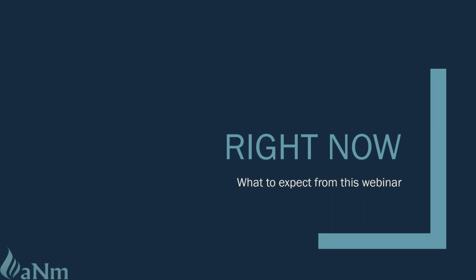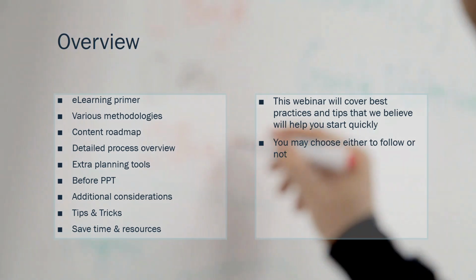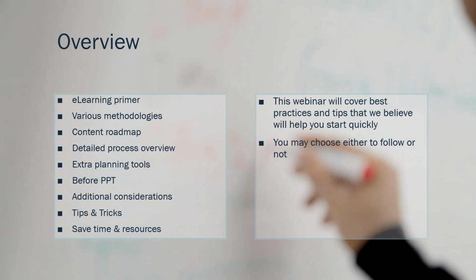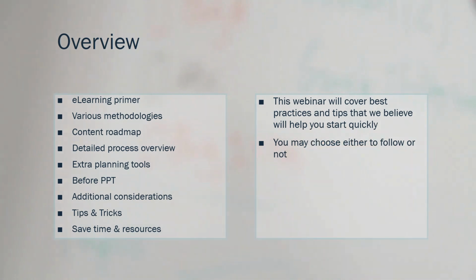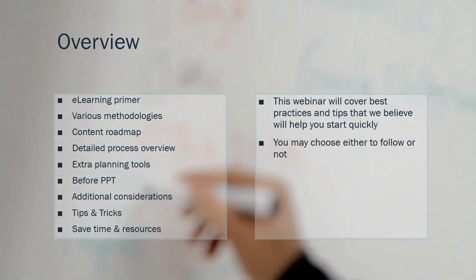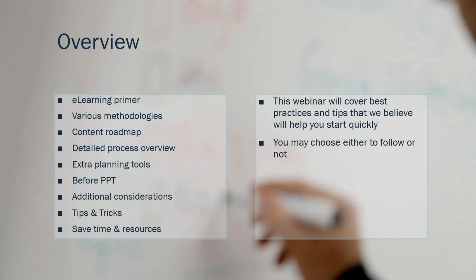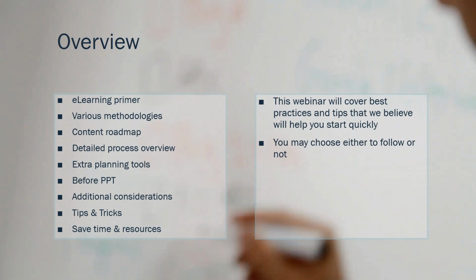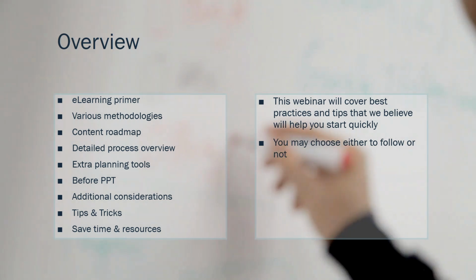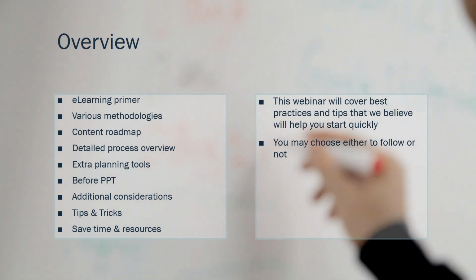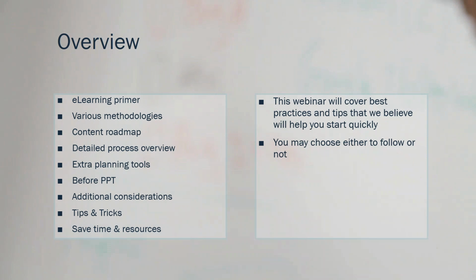And again, this is the obligatory objective slide, so I understand we need to get through these, but I really want you to know all the information encapsulated as I see it before we get started. So those of you that hate objective slides, I'm with you, I understand, but let's get through this so we can get into the meat and the important part of the content. So we're going to be talking about what I see e-learning is and what it means when I refer to it in this webinar series.